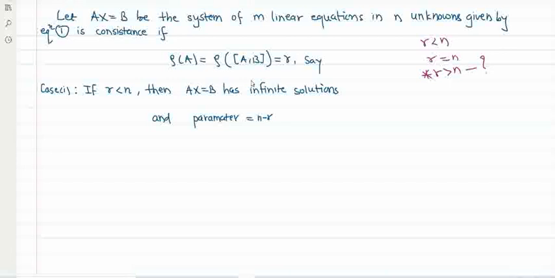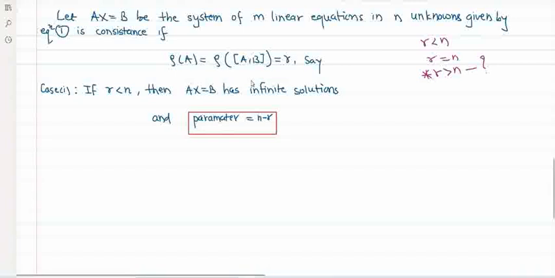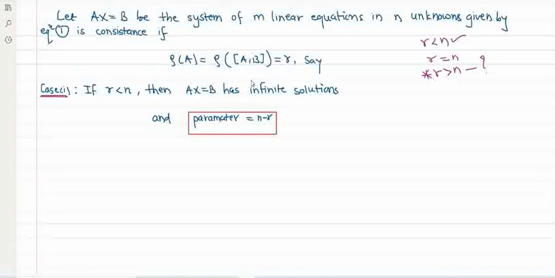Okay, the number of parameters is equal to n minus R, where n is nothing but the number of unknowns, and R is nothing but the rank of the matrix. So this formula you have to remember while finding infinite solutions, you have to consider this. Okay, so this is case number 1, the first possibility. This case we have considered. So the second case is